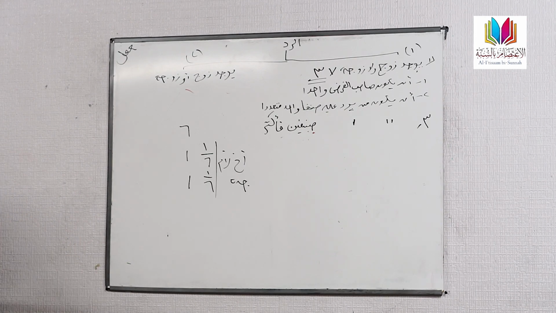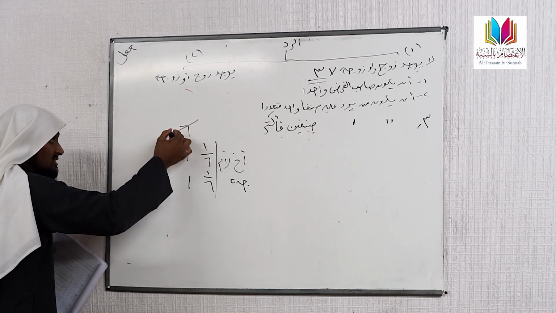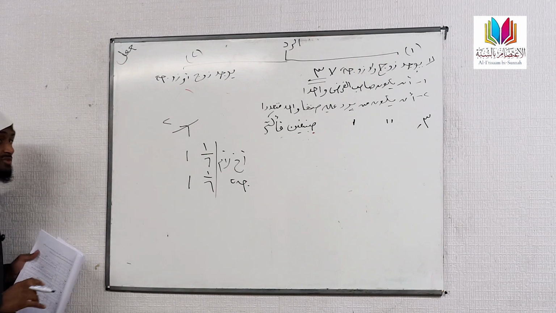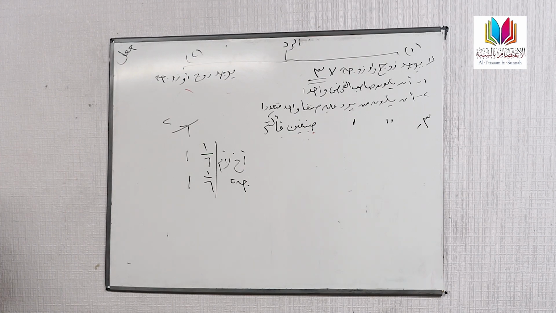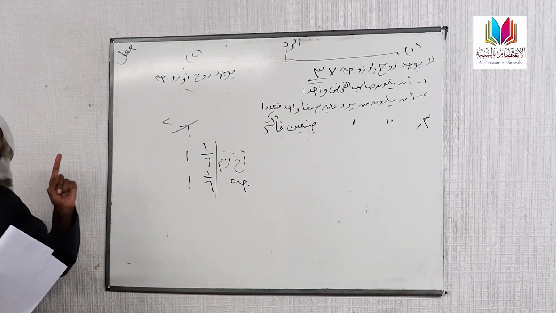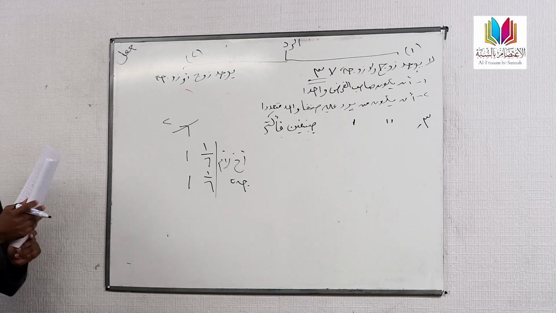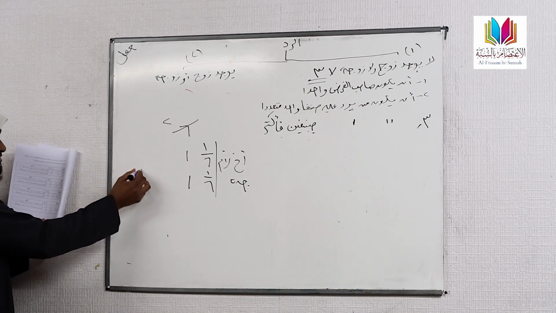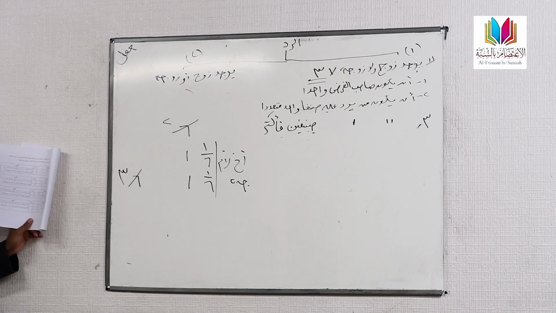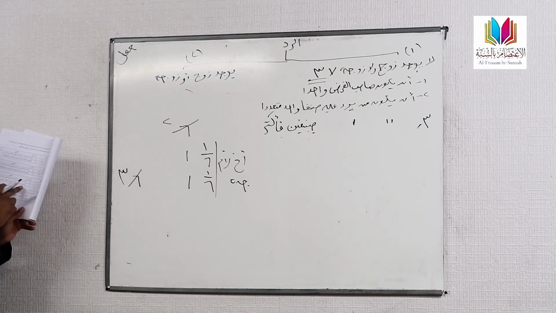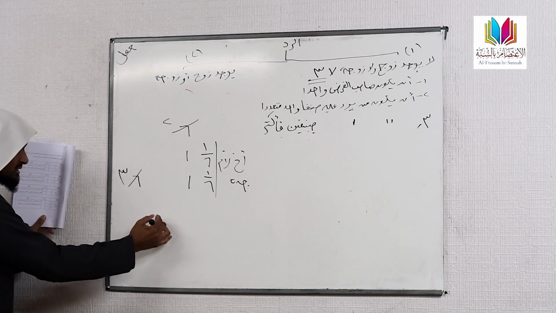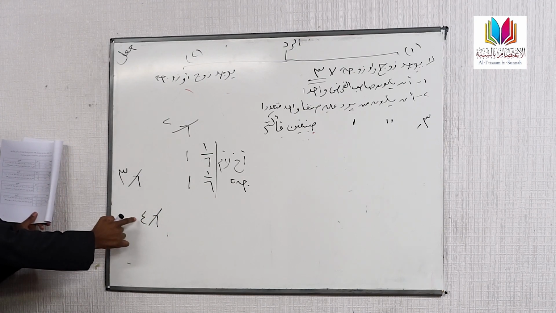Tayyib. However, here, next to the 6, you've got a 2, right? And the 2, there's a line under it, right? This means that 6 is no longer used. 2 is our new asl mas'ala. Is that understood? 2 is our new asl mas'ala. But where did I get the 2 from? Just the siham, khalas. The next box, this is how it is. The next box, the asl mas'ala is like that. Where did I get these 3 from? The siham, khalas. The third box looks like this. Where did I get the 4 from?